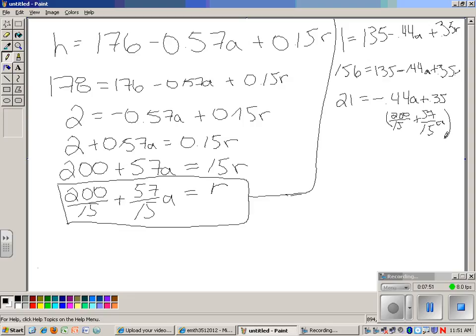Or actually, even before we do that, let's get rid of these decimals. I don't really like working with both decimals and fractions. It's kind of confusing. So let's multiply through by 100 again. And then we'll distribute this here, which will give us,